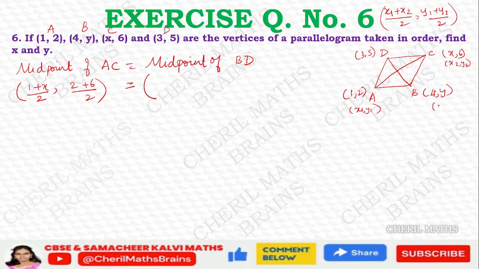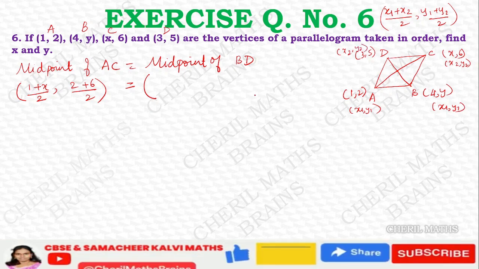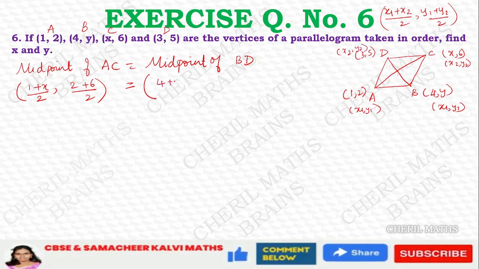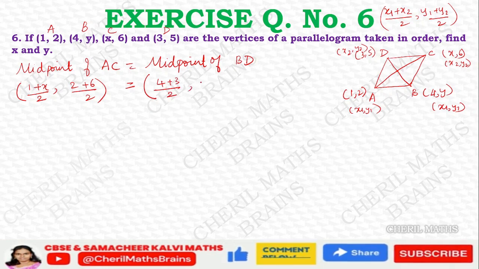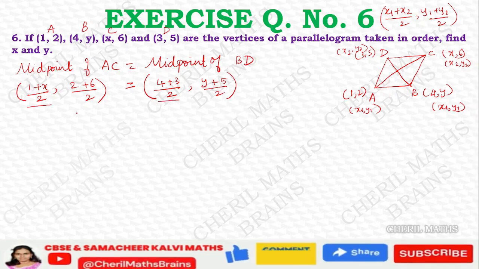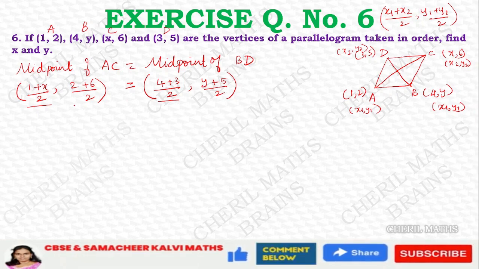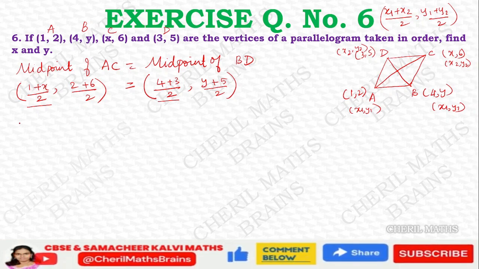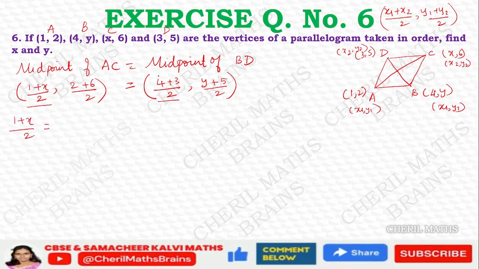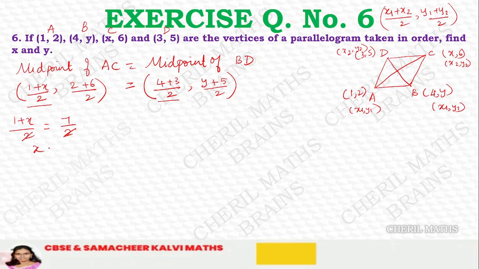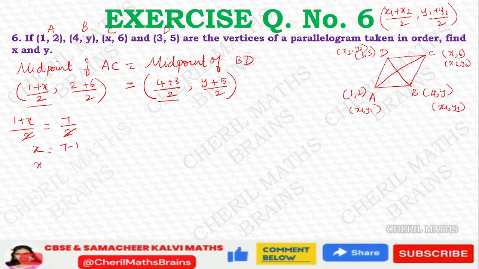BD. Again, I'll take this as x1, y1 and this as x2, y2. So this will be (4 plus 3)/2, comma (y plus 5)/2. So both are equal. Here I have x, here I have a value. So what I can do is equate these both. Likewise, I can equate the y term separately. So first I will equate the x terms. I have (1 plus x)/2 is equal to (4 plus 3)/2, which is 7 by 2. So 2 and 2 will get cancelled. My x will be equal to 7 minus 1. So x will be equal to